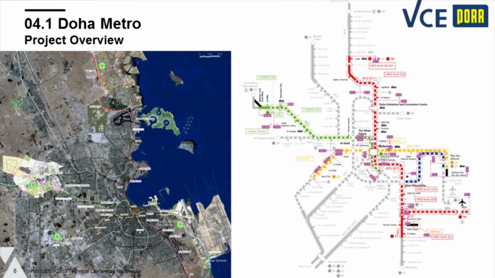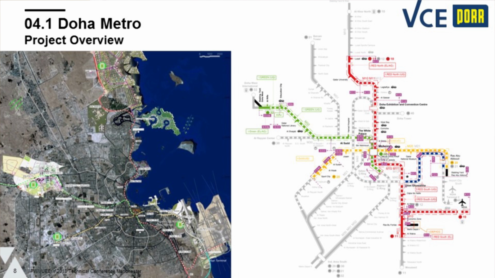Yeah. Now we want to show you some practical experiences we gathered in the last years. The Doha Metro system is, I think, very well known. It's a complete new metro system with a track length of about 170 kilometers, more than 100 units of switches and crossings, depot facilities, and so on. And it's completely new, a new system in a city which has never had before any public transportation.